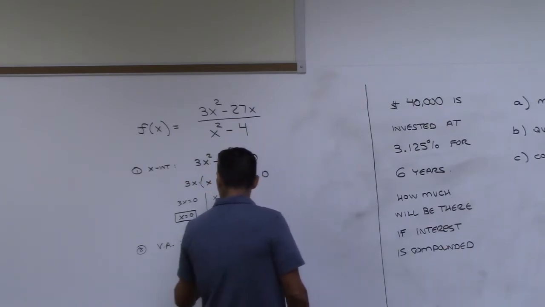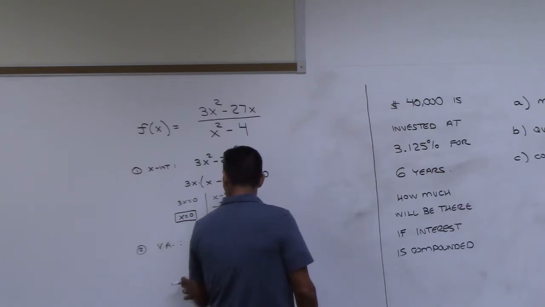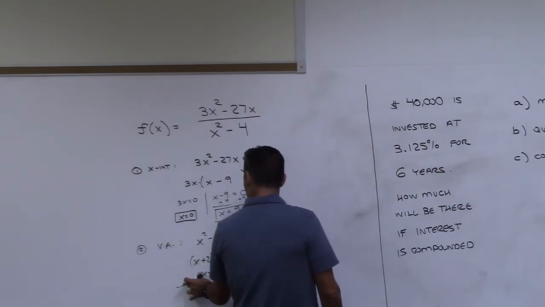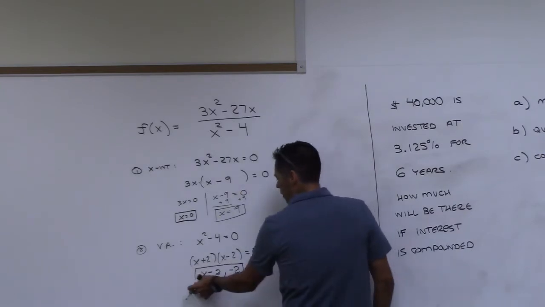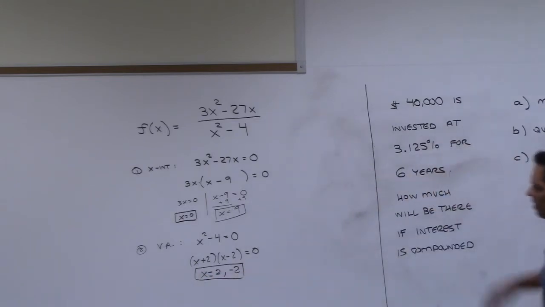And then set them each equal to 0. You get 2, and then you also get negative 2. So I kind of skipped that step, but you'd set those both to 0, you get 2 answers. Difference of squares. All right, good.